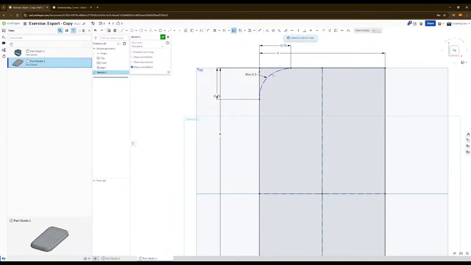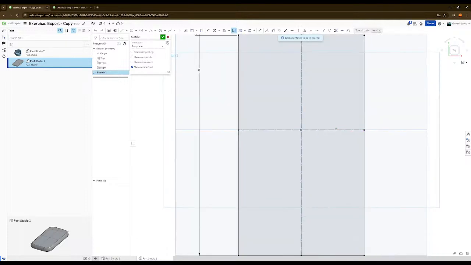Alright, mirror line here. Entities to be mirrored. Alright.